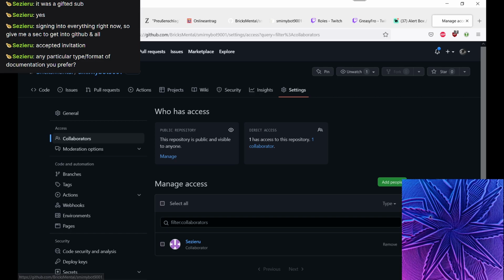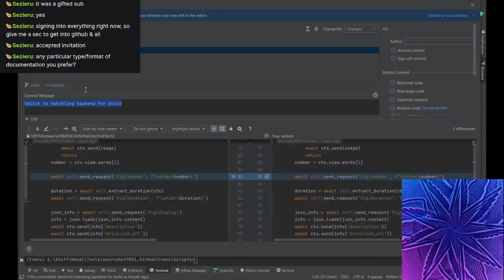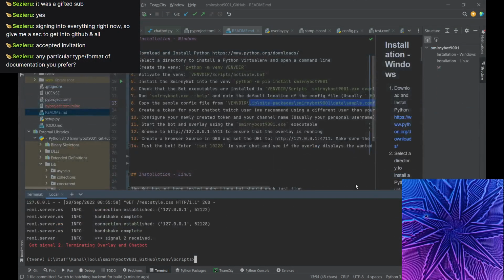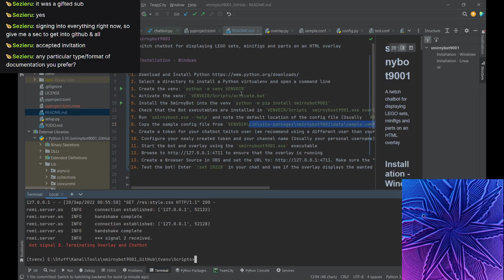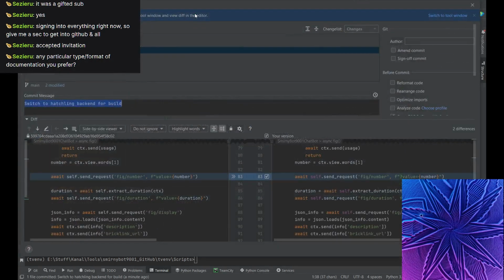So I can show you. I will just push it. I simply added a bit of documentation to the README.md.